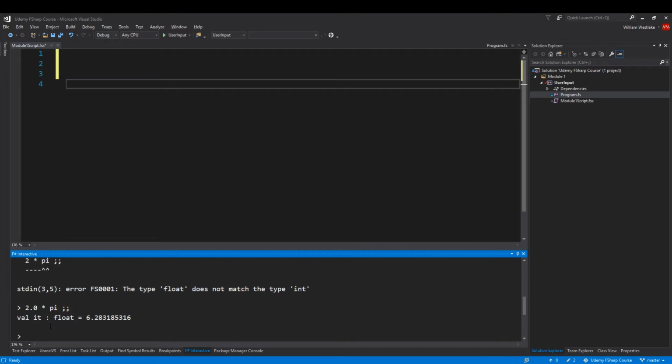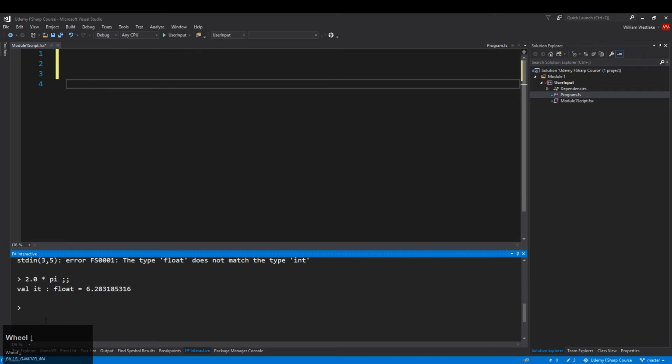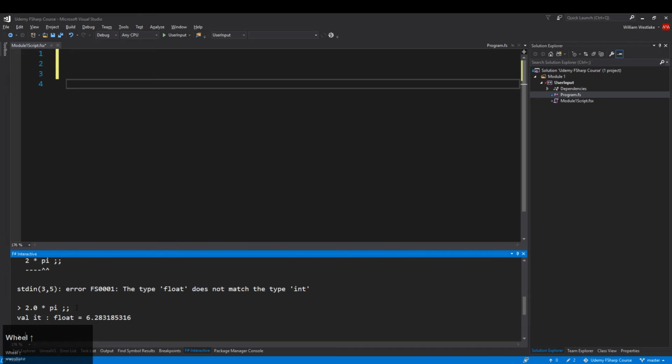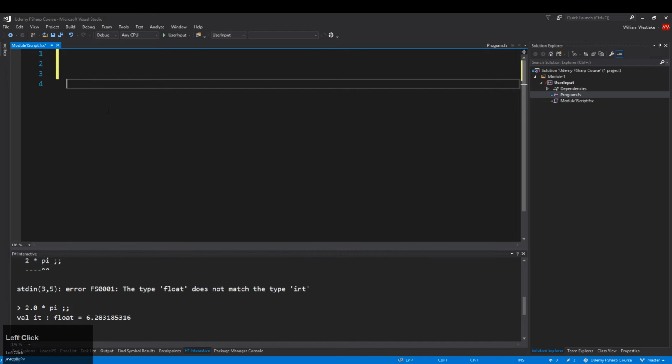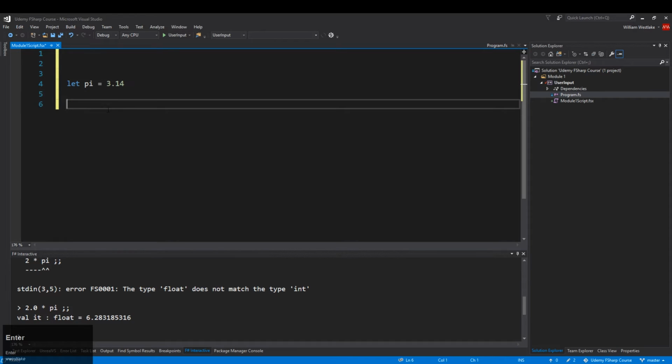Typing here in the interactive is fine, but it gets annoying, and there's no way to save what you're doing here. When you close Visual Studio, anything you put in here would be gone. That's what this script file is for. The script file allows us to type some code, like let pi equal 3.14. We'll just go out to 2 decimal places for now. And we can say something like let 2 pi